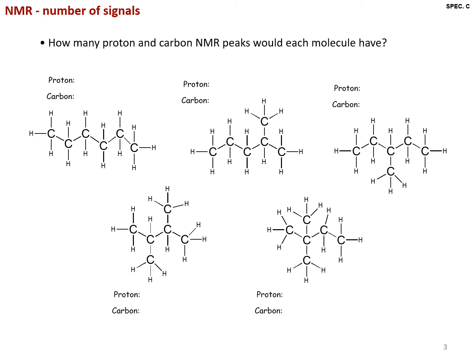Let's get some practice. How many proton and carbon NMR peaks would each of the following molecules have? Again, as you go through this, stop the video and see if you can predict the number of peaks in advance of having them shown on the screen. All right, for this molecule, it's very symmetrical, and it's not too much different from this example that we saw